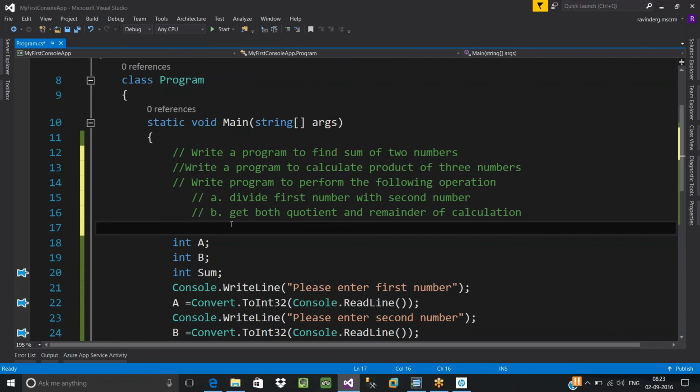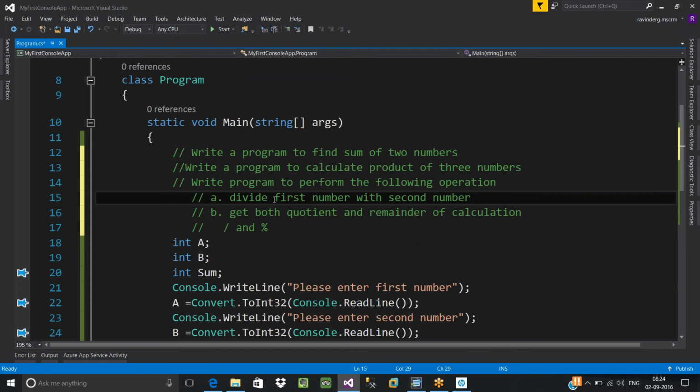As we discussed yesterday, to support division, C# has provided two operators. What are those? Slash and modulus. If you use slash, it will give you the quotient. If you are looking for the remainder, you would use modulus. So here you need to define four variables: one for the first input, one for the second number, a third variable for storing the quotient, and a fourth variable for storing the remainder.